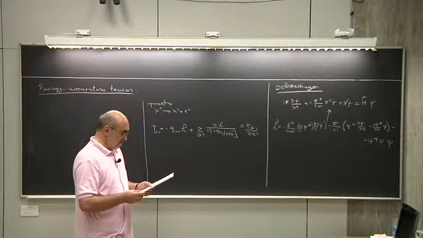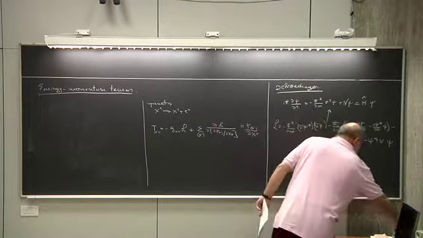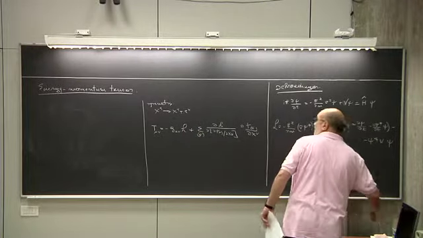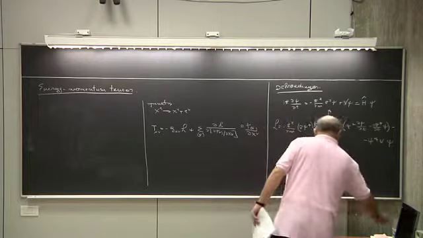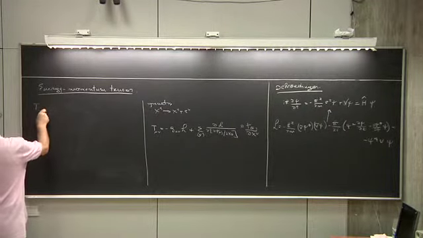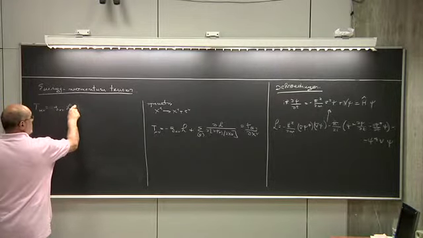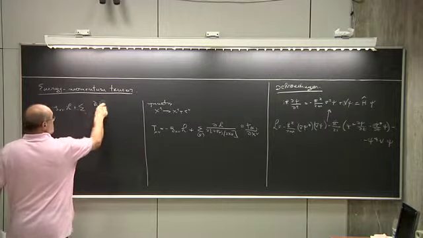Okay, but this is not the main point. So let's write here that the energy momentum tensor T mu nu is g mu nu L plus the sum of dL